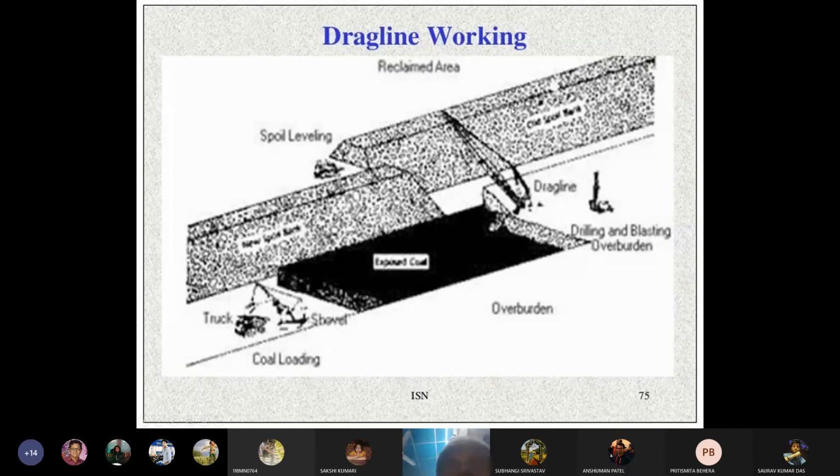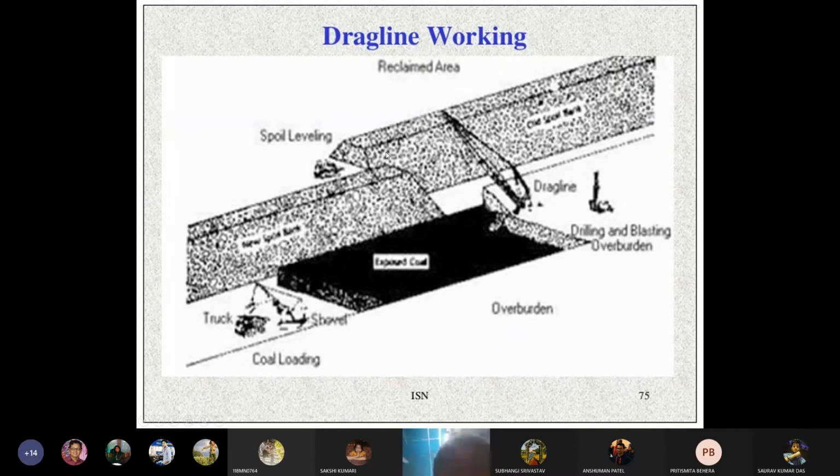This is the waste dump area, where coal is already mined. And here is the coal bench, which is taken by the shovel and dumper. So this is called dragline working.